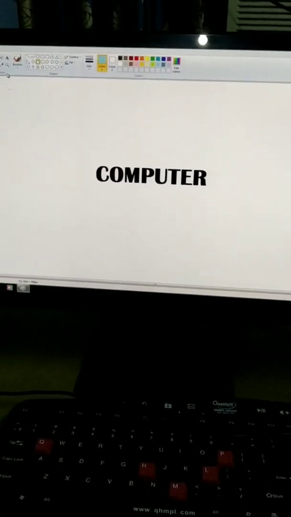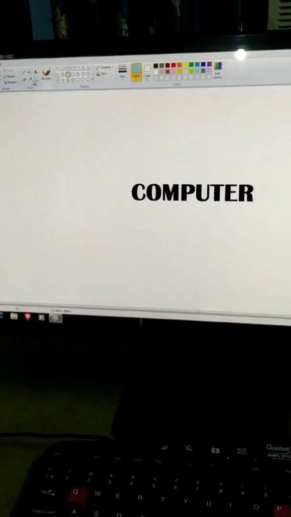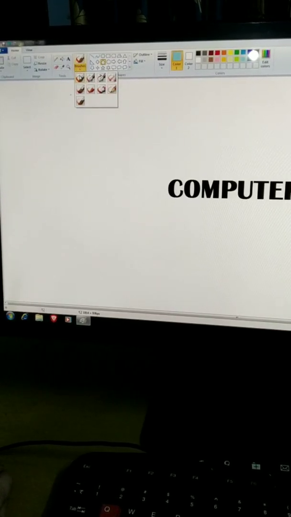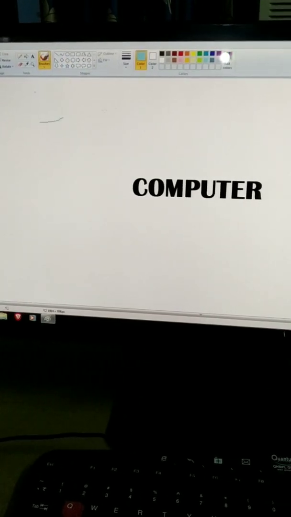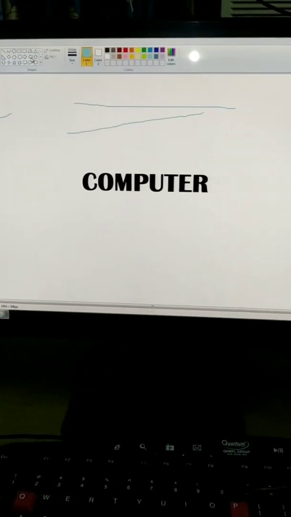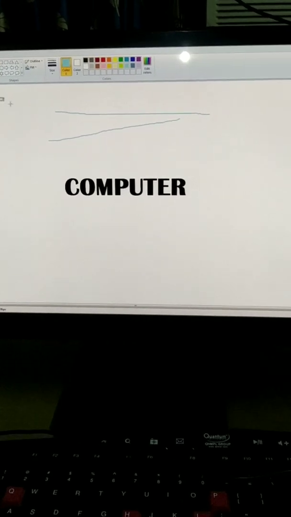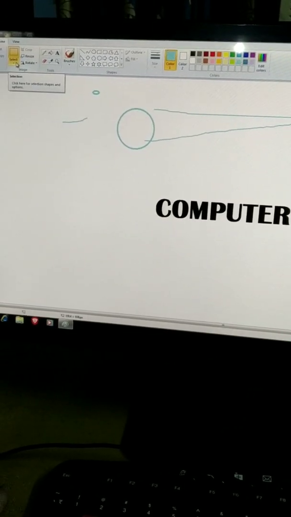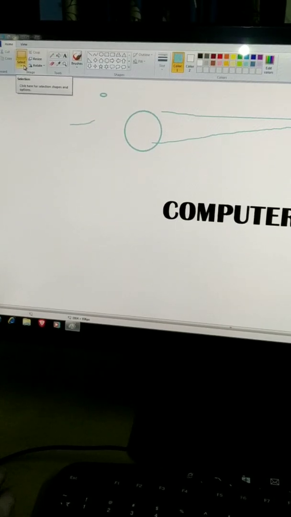So students, you can see how the mouse can select or click, even draw on the monitor. Let's see. We can draw anything with the help of the mouse. Okay, the mouse is also used for dragging or moving things on the computer.